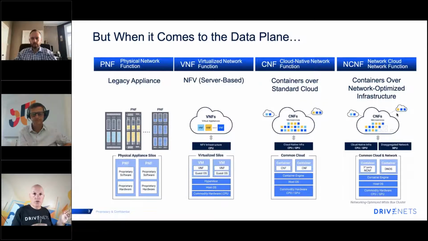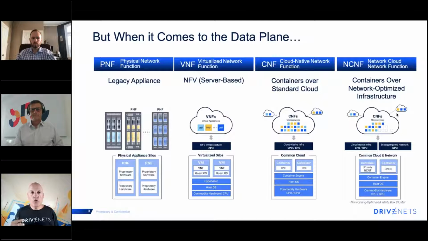But as I mentioned, when you do data plane, when you do user plane functions on cloud native, public cloud architectures, which are based on compute resources, there is a big scalability issue because CPUs were not designed to handle I/O tasks, were not designed to handle a large amount of traffic, and the resources in servers or in cloud instances are very quickly exhausted when you run user plane functions on top of it. And this is why when it comes to data plane, you need to go an extra mile and to introduce